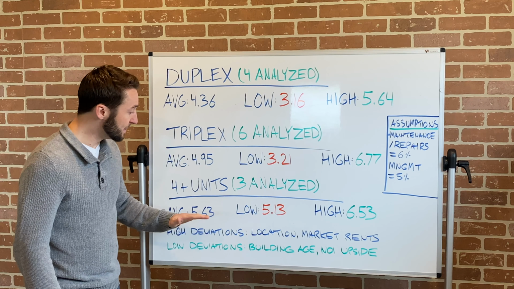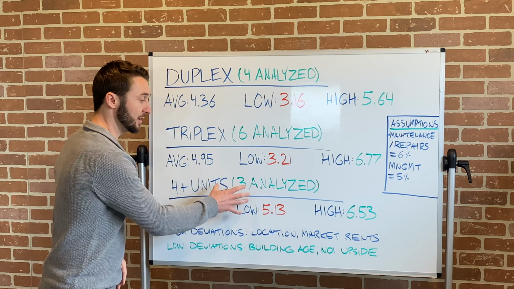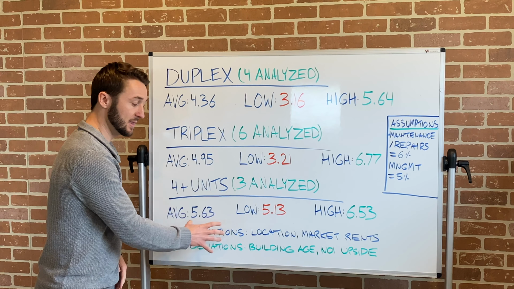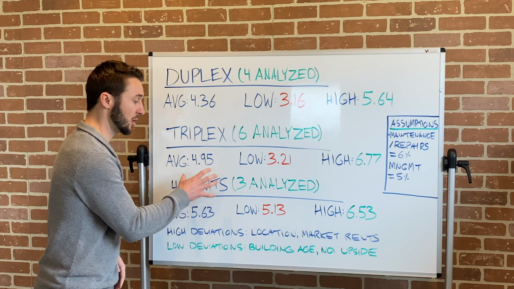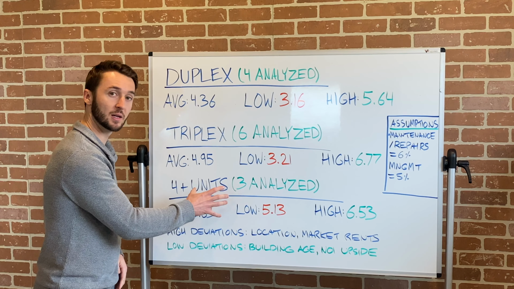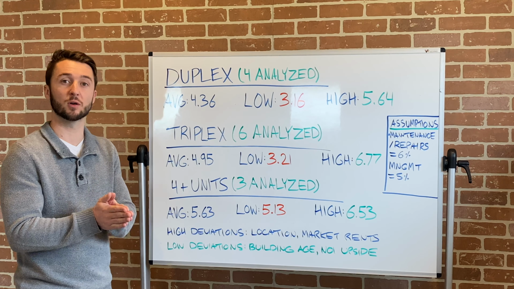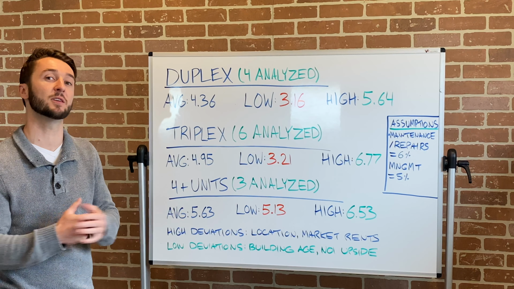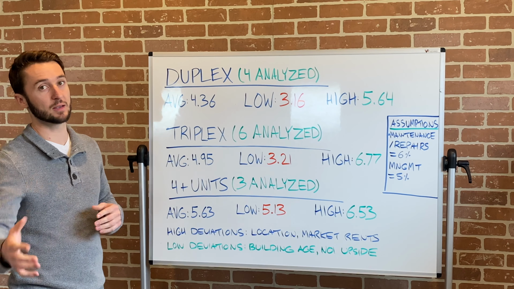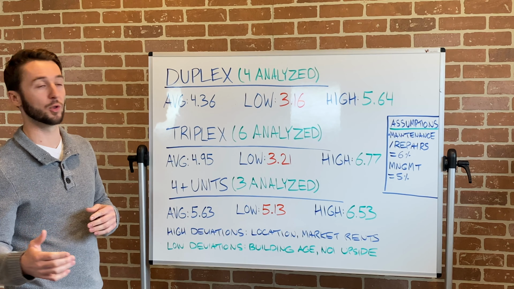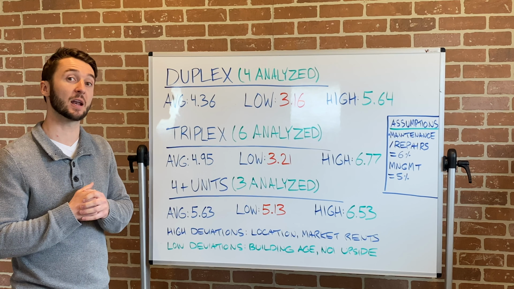So this has to come with a bit of an asterisk, because there are only 3 properties in this stack, and there's a good reason for that. There's not a lot of properties that sell in our city that are multi-unit larger than 4 units, because there's just not a lot of activity. There's not a lot of sellers coming to the market in that range. And secondly, when those properties are sold, there hasn't always been a full set of data available in terms of